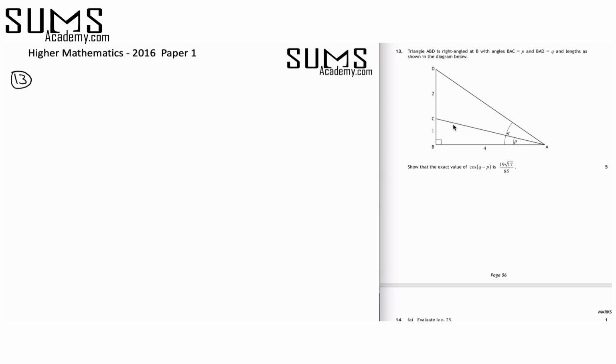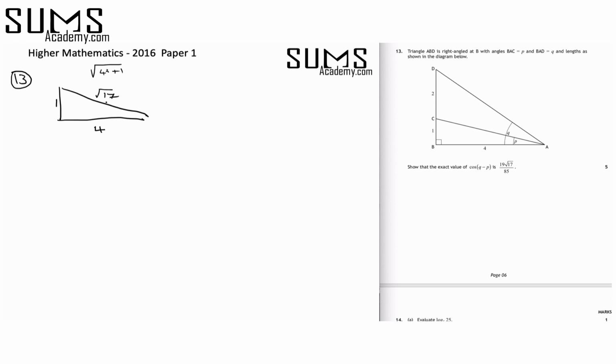So what you might spot here is actually two triangles in here, and using those two triangles we're going to get some more information about what we need to do. So first of all, I'd suggest I start off by sketching these two triangles. Okay, so that's the first one. That's got length 4 and then 1. So using Pythagoras, it's going to be the square root of 4 squared plus 1, which is going to give me root